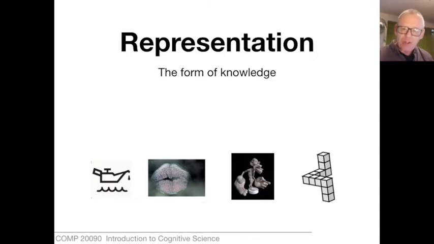Representation is a term that's used in a bewildering variety of ways and yet lies at the core of the concerns of cognitive science. Cognitive science is concerned with the relationship of knowing between a knower and the known. Now, there are many ways to think of that. We could turn it into a verb. Knowing is a verb, as a kind of activity.